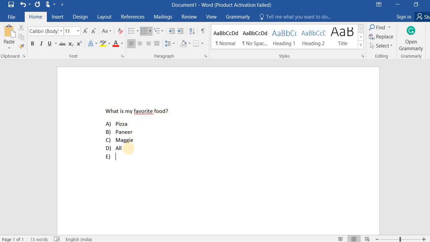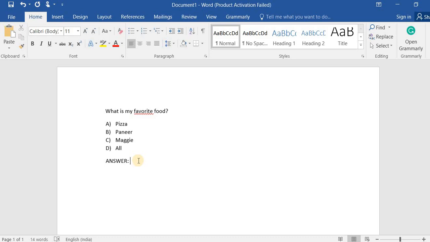Now it's time to mention the answer. For creating the answer, you have to follow the same thing: type Answer in capital letters, colon and space. You have to be very careful with this colon and space, otherwise an importing error will be generated.